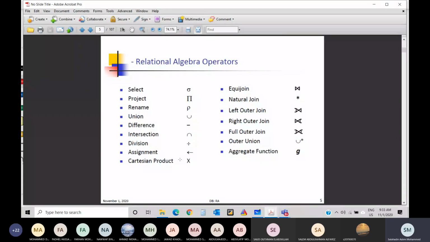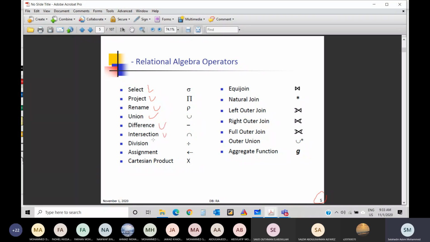Let's take relational algebra. These are the relational algebra operators. I'm taking you directly to slide number 5. You can read the history and so on about it, but it doesn't matter. Now, in relational algebra, like SQL, I have a select statement. I have a project statement. I have rename, just like SQL. I have union. I have difference. It's a language, relational algebra.